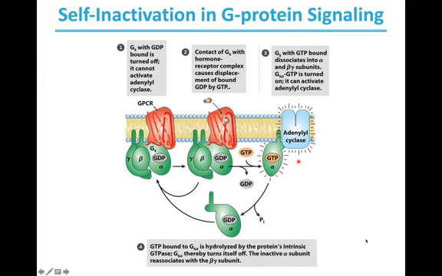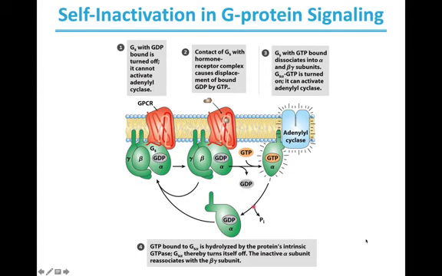It so happens that the alpha subunit of the G protein has an intrinsic GTPase activity, which means that the protein can hydrolyze the GTP that is bound to it. And once it hydrolyzes GTP, it results in GDP. And so what happens is GTP bound alpha S becomes GDP bound alpha S, which is now inactive. So once it is inactive, it goes back and interacts with the beta and gamma subunits. And now this is an inactivated GPCR